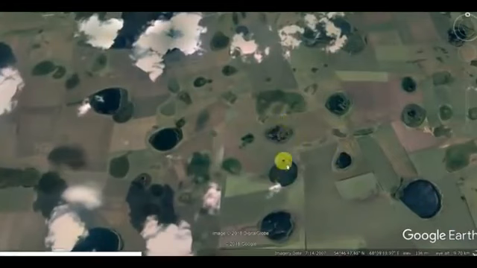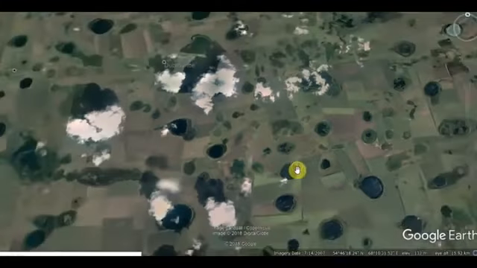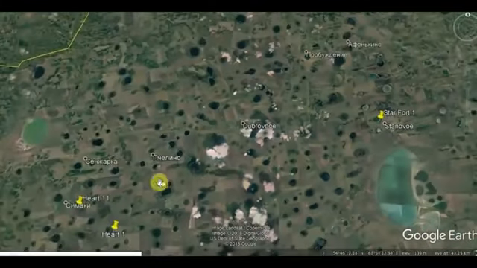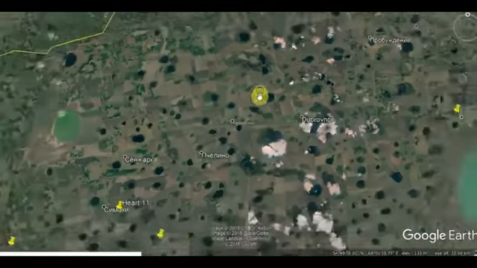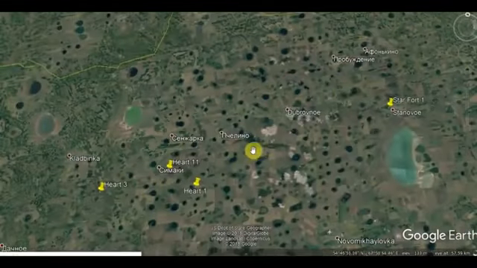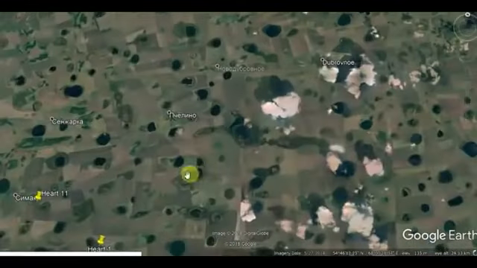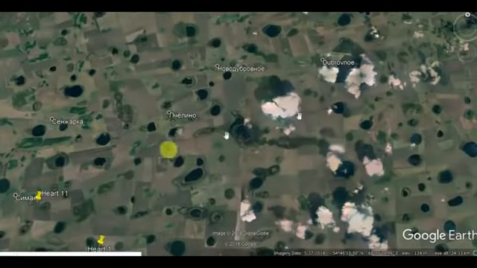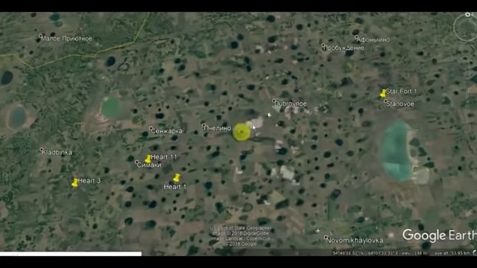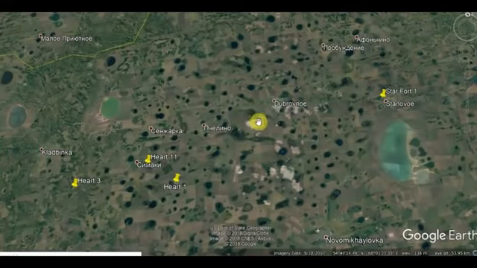So in this case, we have circular shapes, we have some elliptical shapes, and we have just some random shapes, but we have all these similar characteristics, and a lot of these have an alignment. Not all of them, but a lot of them are sharing an alignment, which is also a characteristic of the Carolina Bays. But you don't get as many of the true elliptical shapes as you do in the Carolina Bays. So, some interesting evidence here,